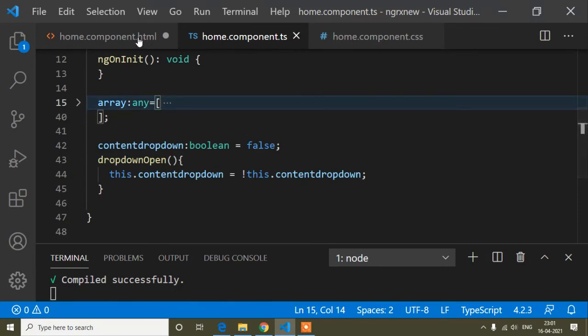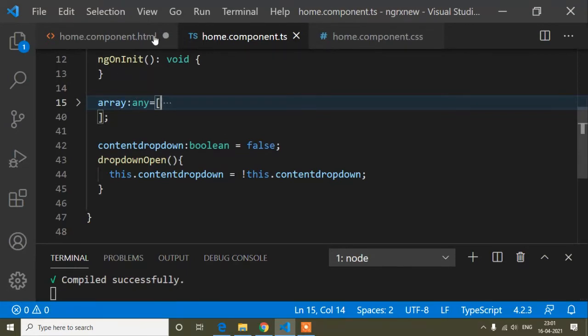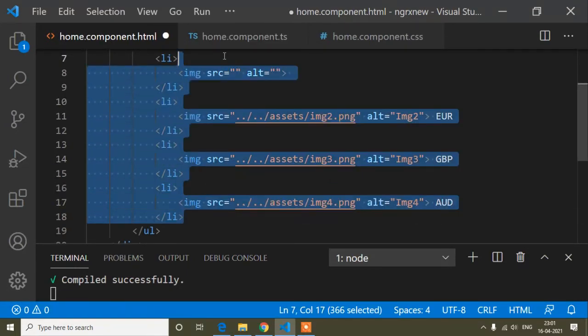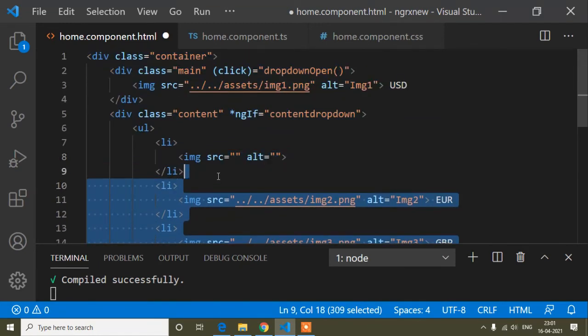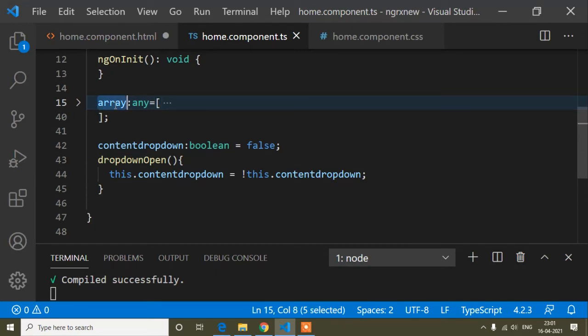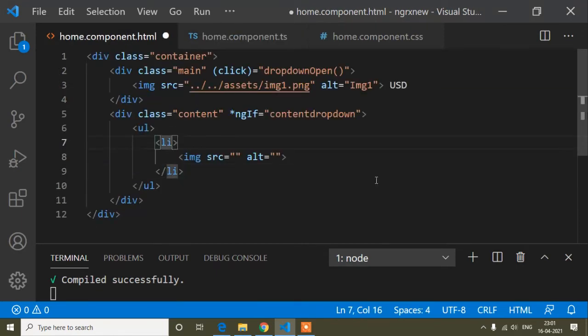Now guys, for showing this array in my li tag, now the li tag is static. So for showing this array in the li tag, I just have to do one thing. I will remove all the li tags except the first. Now this array I have to bind inside this li tag here. So how can we do that?